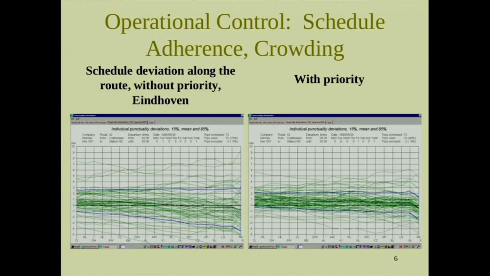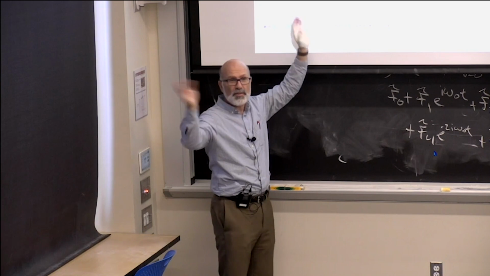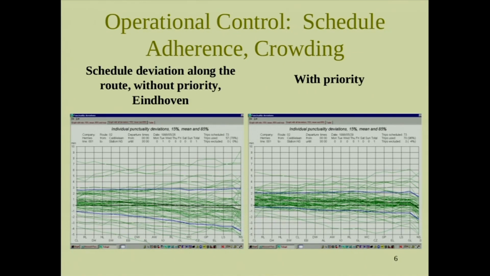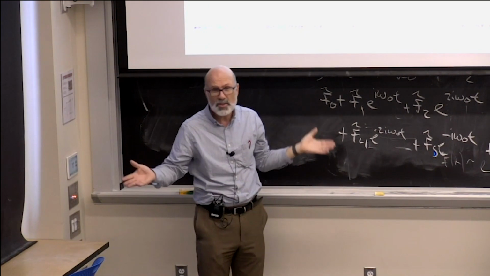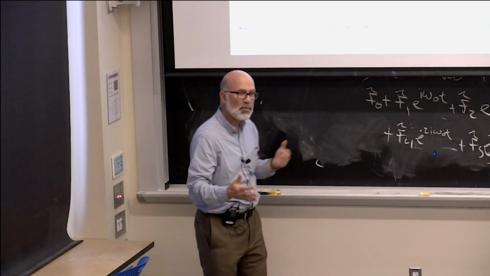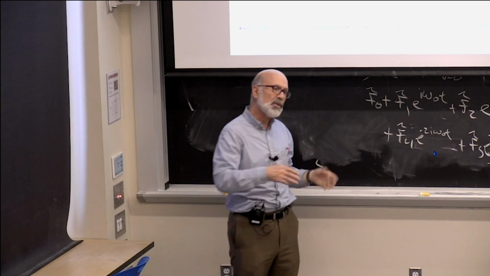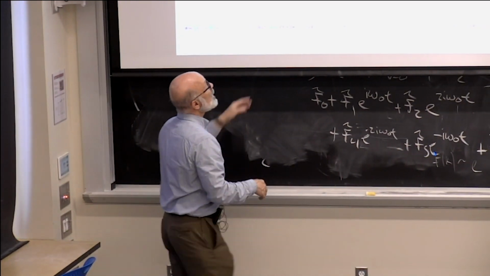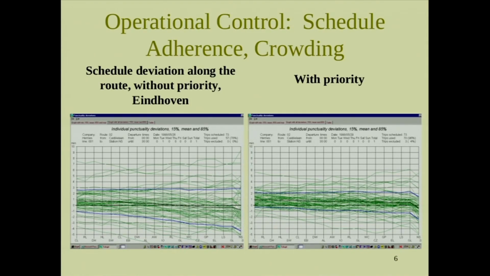And as you go above the line, you're earlier and earlier. And as you go below the line, you're later and later. So this is what the operation was, kind of, if you just let it be. The buses would start pretty close to on time, but they got later and later and later, and the spread just gets worse and worse. This is nothing new. If you know about transit service, you know how random shocks could make a bus late, and once you're late, you become later and later, and once you're earlier, you become earlier and earlier. But here, they put in a system with priority at the traffic lights, and it's conditional priority.